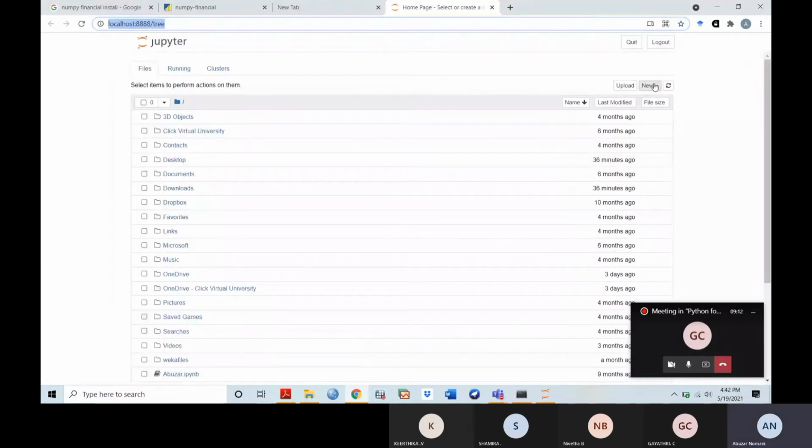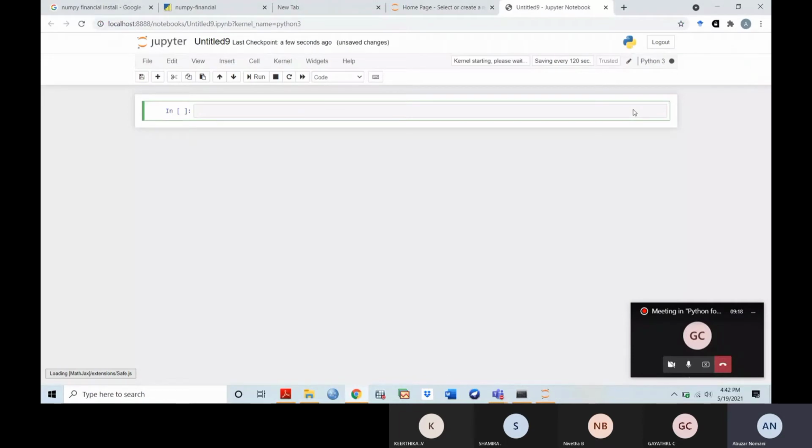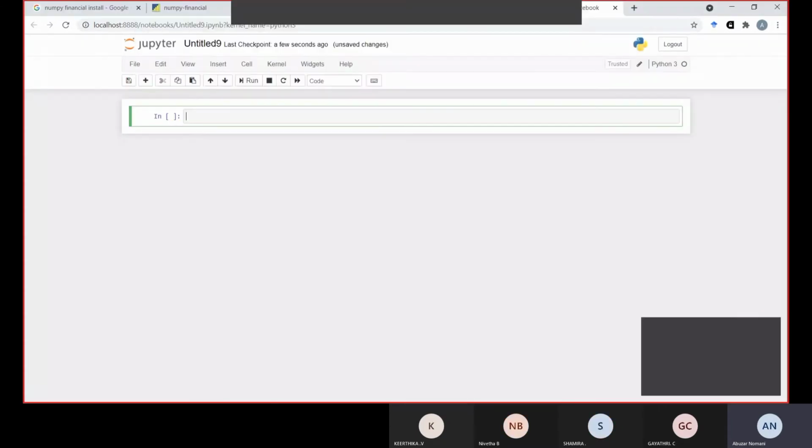This is your Jupyter Notebook, and we are going to use a new page for the workbook here. I have already installed the NumPy financial package library.